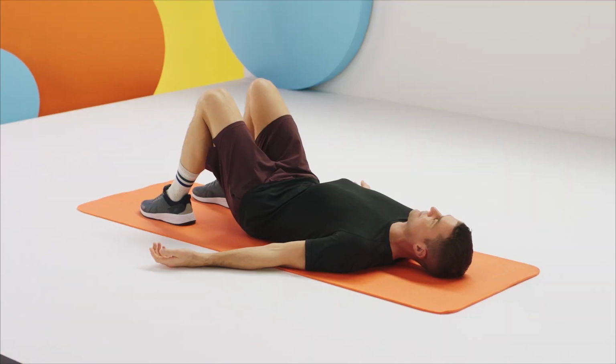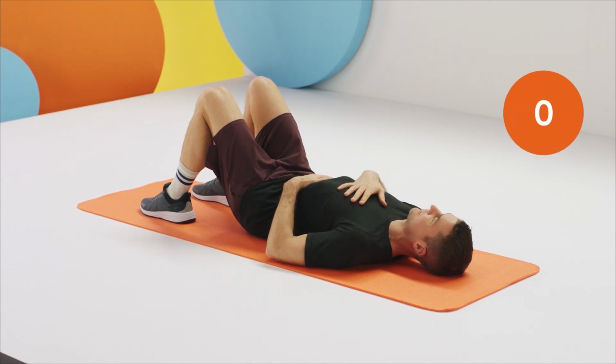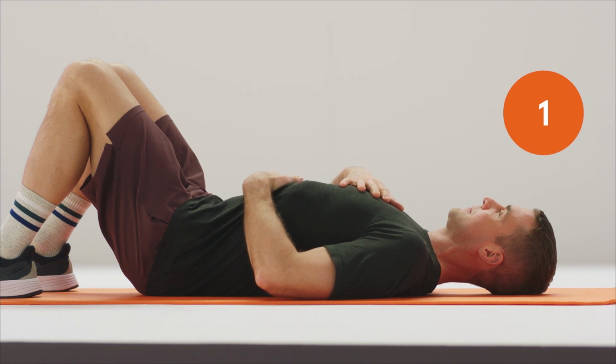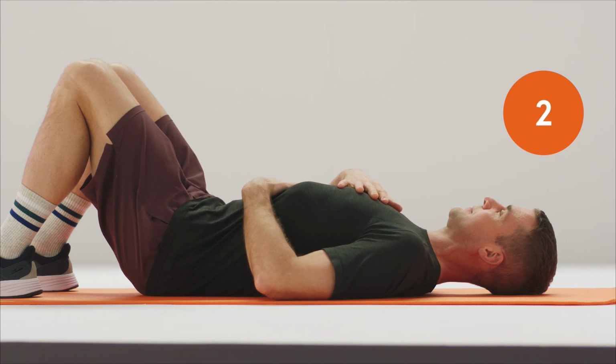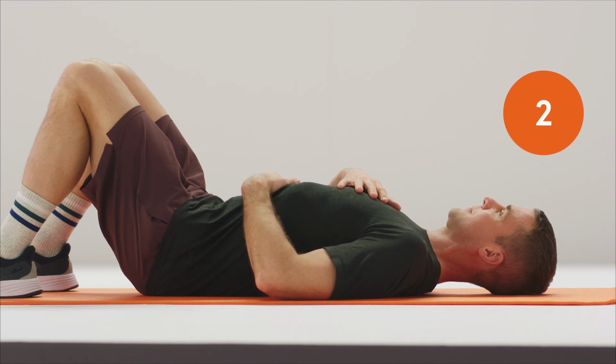Back to breathing awareness. Lying on your back. Placing one hand on the chest, one hand on your belly. And start to notice the breath as it makes its way in through the nose, rib cage and abdomen expand, and then relax as you exhale through the mouth. Really noticing the sensations in the body as you calm down,